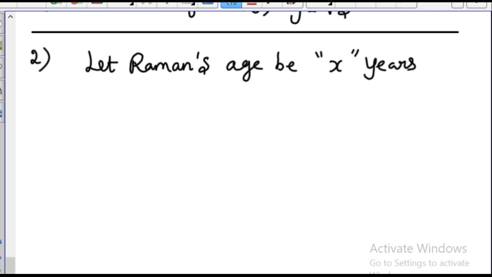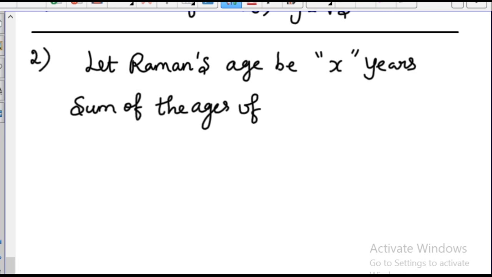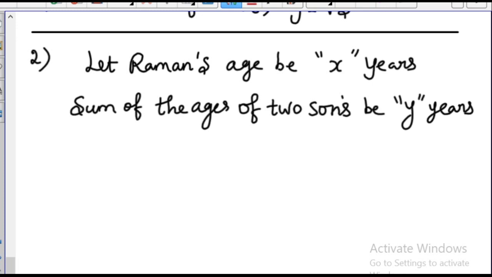Then the sum of the ages of two sons be y years. So according to the condition,